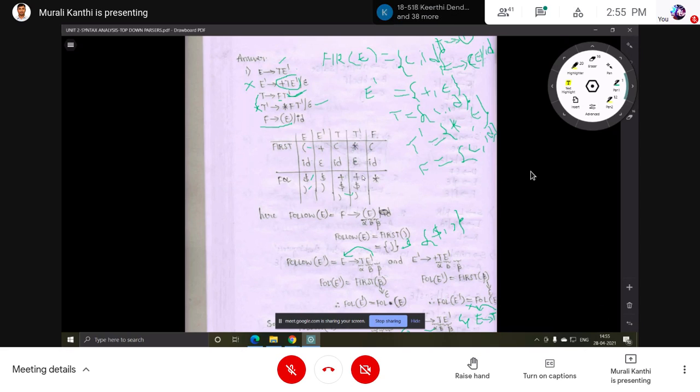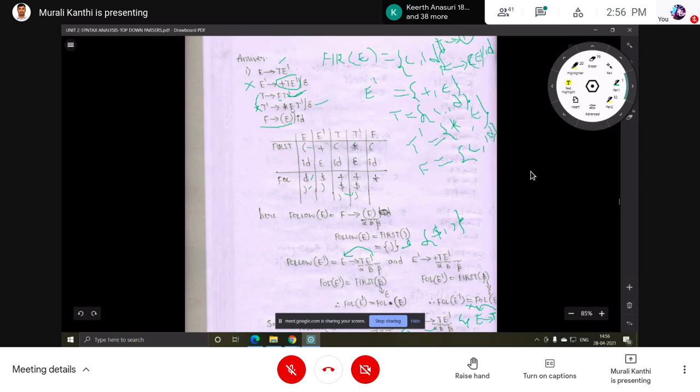Okay. So next F, follows of F. So after F, what is there? Okay. In this case, we should consider these three. Then from this, what do we get? 3. So this is used for the substitution purpose. So total how many? 1, 2, 3 we will get. One is T implies FT dash. Another one is T dash implies star FT dash. Another one is T implies F only. So from T implies FT dash, what will we get? First of T dash. First of T dash, star we will get. Okay, star. Then epsilon is there in that. Okay, so star we will get.